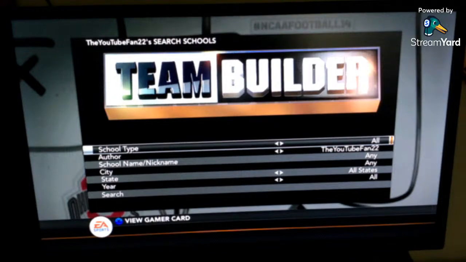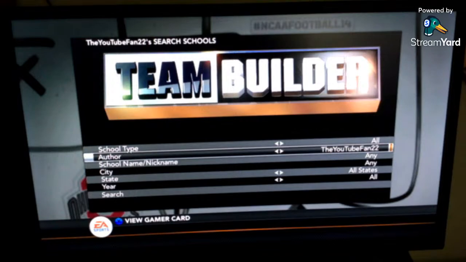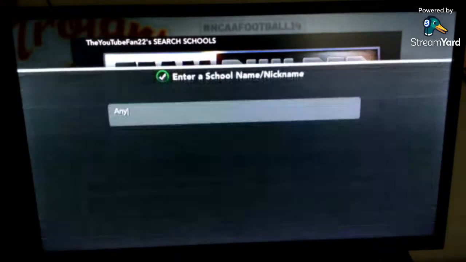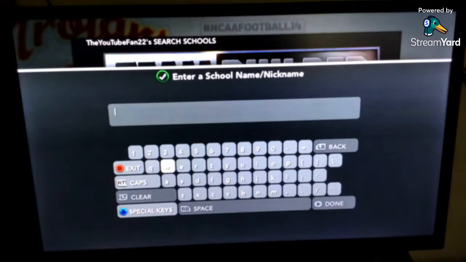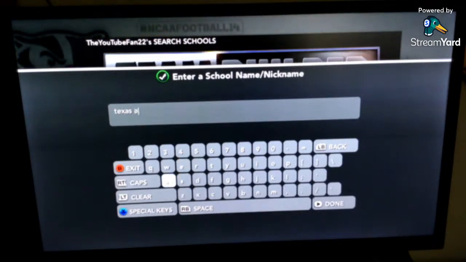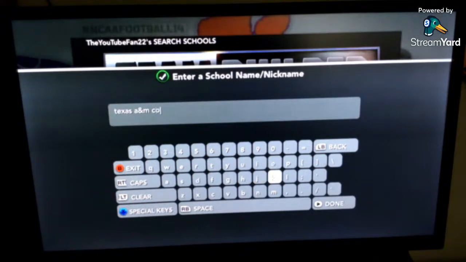Now I remember who it was. It was Texas A&M Commerce. That is harder to type in the search bar. I'm going to type in Texas and then an A. Then you're going to hit the special keys button to get the ampersand symbol, and then go back and get the M. This is A&M. And instead of typing Commerce out all,